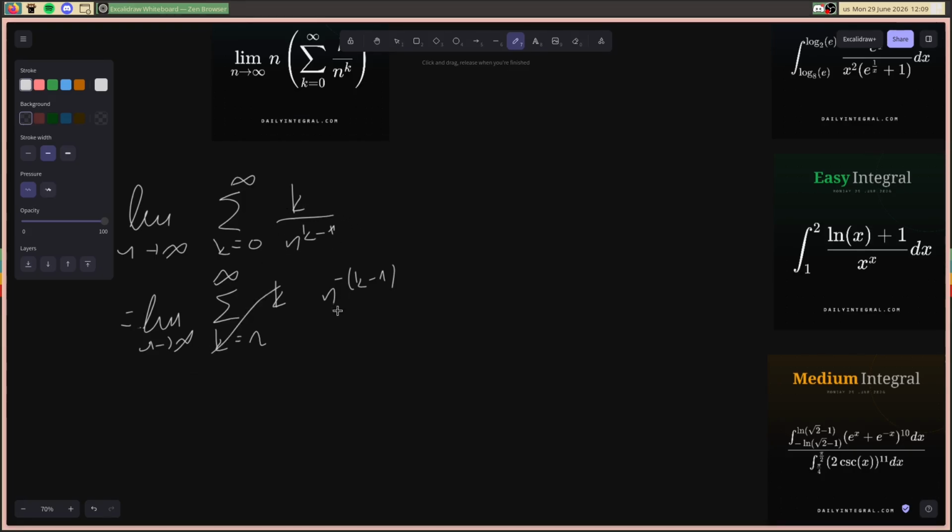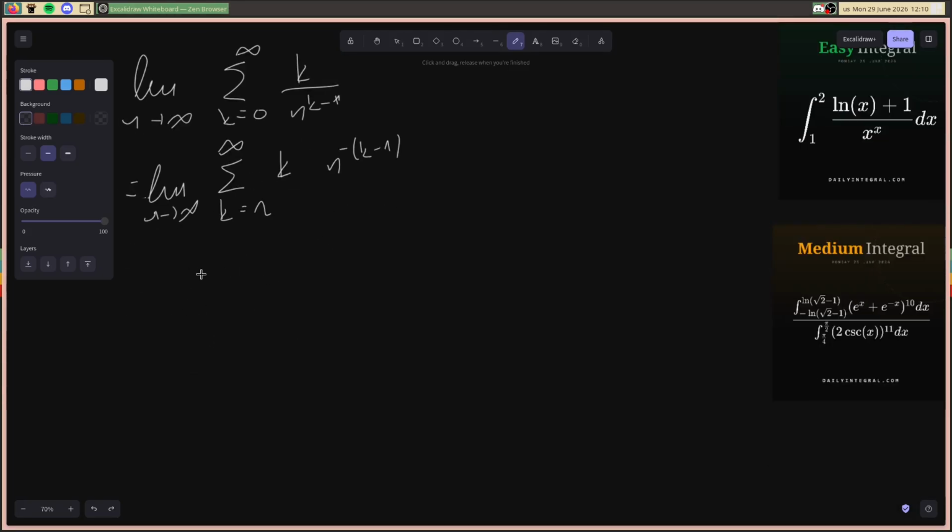The way you solve this is you use a Taylor series expansion, specifically the geometric series, which, if you don't remember, is x to the k from 0 to infinity. And it evaluates to 1 over 1 minus x for absolute values of x less than 1. How is this related to this? Well, if you differentiate both sides of this equation with respect to x,